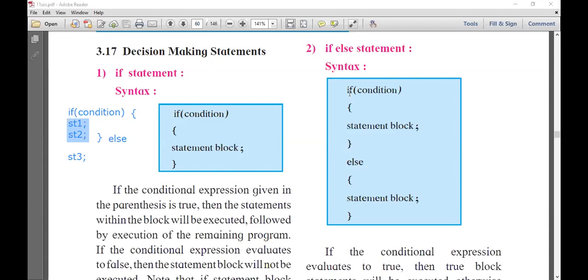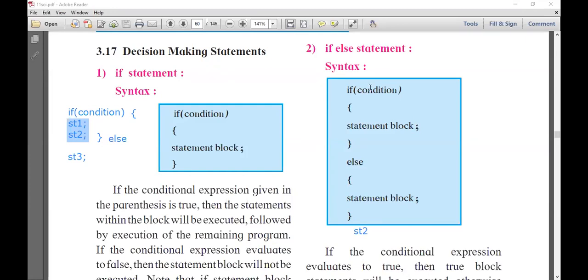See here, if the condition evaluates to true, then the first statement block will execute. If the condition evaluates to false, then the next part, the else part, will execute. If the condition evaluates to true, then the statement block will execute and control jumps to the next statement. Suppose here is a statement 2.